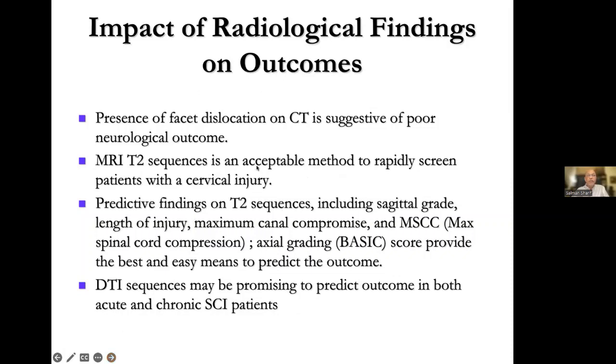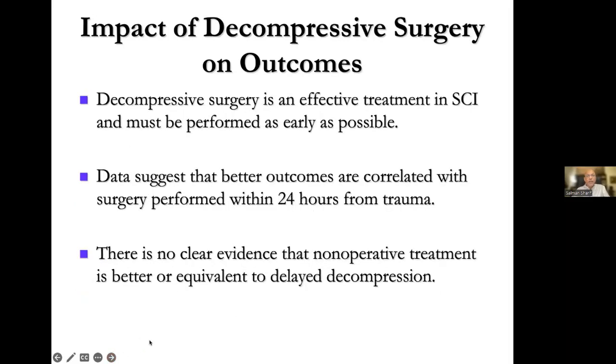MRI T2 sequence is an acceptable method to rapidly screen patients with cervical injury. Predictive findings on T2 sequence include sagittal grade, length of injury, maximum canal diameter, maximum canal compression, and the BASIC score that we have shown before. Diffusion tensor imaging may be promising to predict outcome in both acute and chronic spinal cord injury in future. The impact of decompression, as we've talked about, decompressive surgery is effective and must be performed as